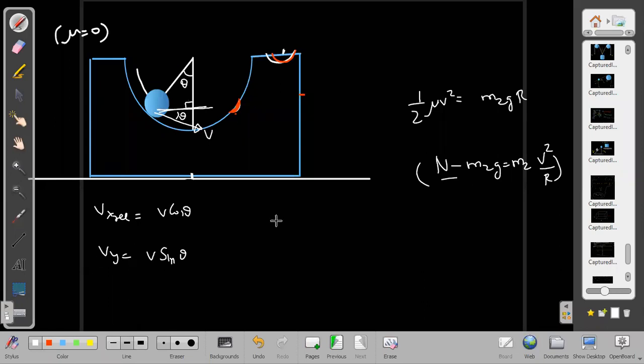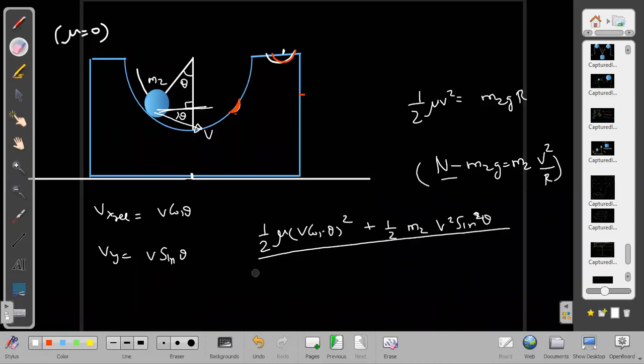Then the energy for this is equal to half mu v relative square, that is vx square plus vy, v square cos square theta, plus half of m2 into, this is the m2 mass, it has vertical vy, vertical is v square sin square theta. See how easy things are becoming when we write variables in terms of the total relative velocity. Last time I was taking v2y, then v1x, all those things. Here I am not writing even v2y, no subscripts, just v cos theta, v sin theta. And in terms of those only I am getting the kinetic energy, and that kinetic energy is equal to m2g into r cos theta.